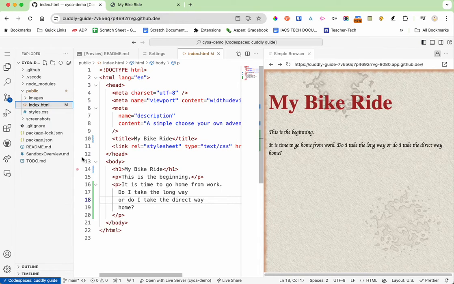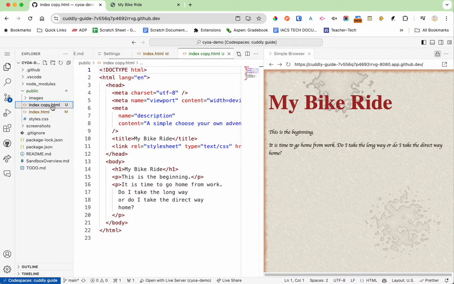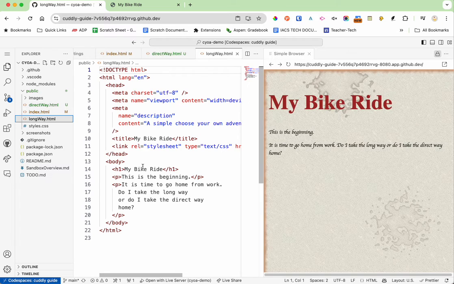is to grab the existing page and copy it. I can also just use Control-C, and then Control-V would copy it. And then with the page selected, I can hit Return to rename. And I'm going to give my new page a name, Direct Way. Now I'm going to go ahead and copy that, and I'm going to give that a name, and I'm going to say Long Way. So now I made two pages. And